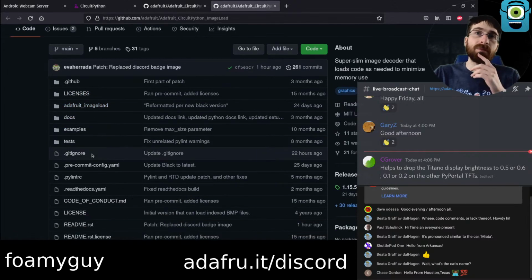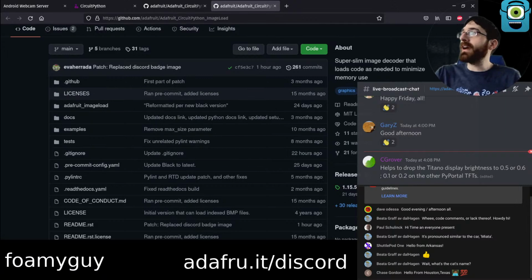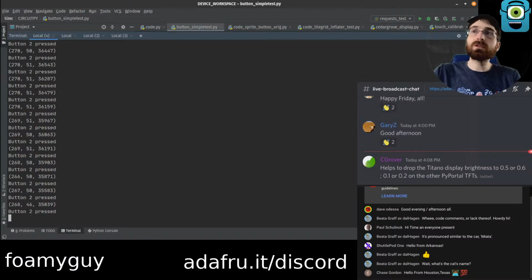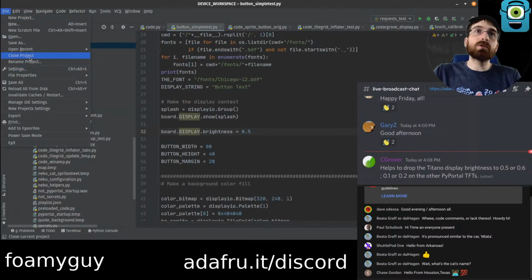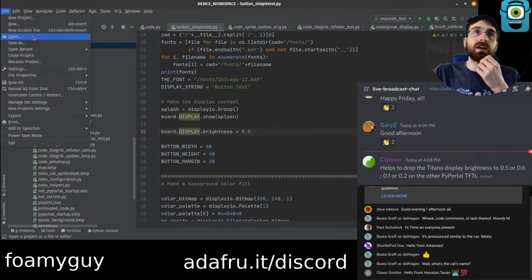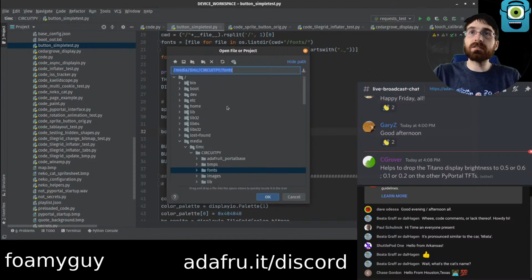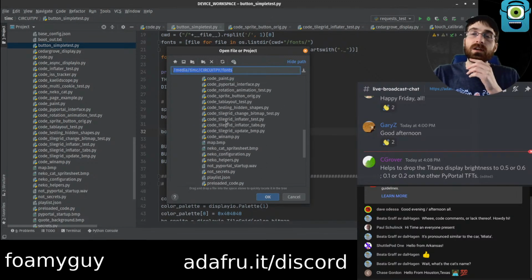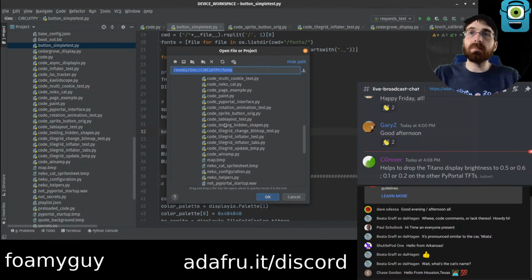And of course, if we want to make a class that lots of people are going to be able to use, then we're going to have that tile grid inflator published somewhere. And I think that the CircuitPython image load library is a good place to do that. So I am going to go open up that, and then we'll make a new branch, and push in our tile grid inflator, and then make a PR from it. And then from there, I'll start working on the SpriteButton class, and I'll use that inflator from the modified image load.